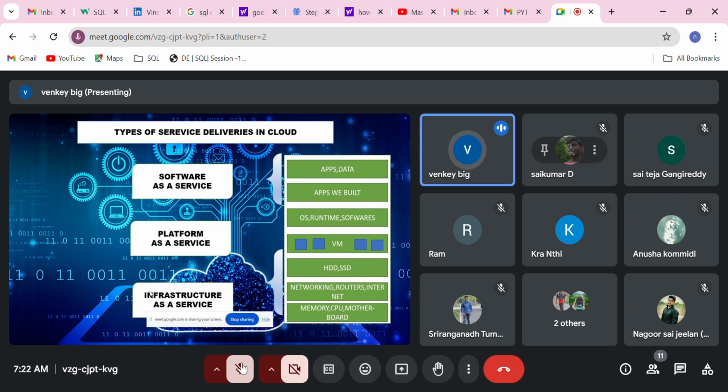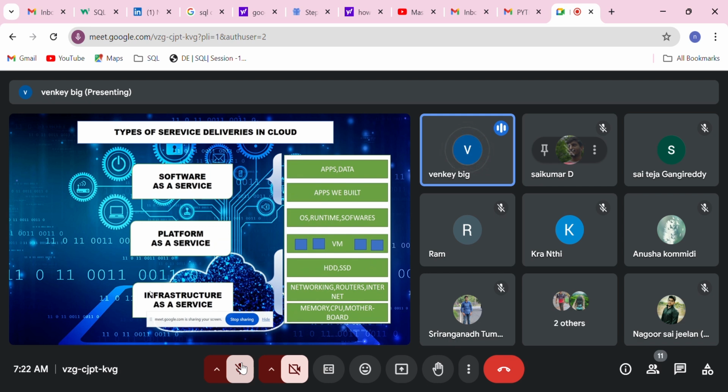You are working in a cloud platform, and they have given a platform to develop applications. For example, they have provided VS Code inside the cloud environment, or they have given something like Code Lab, which is actually the platform. They will serve the platform to you, and on top of that platform you build your applications.